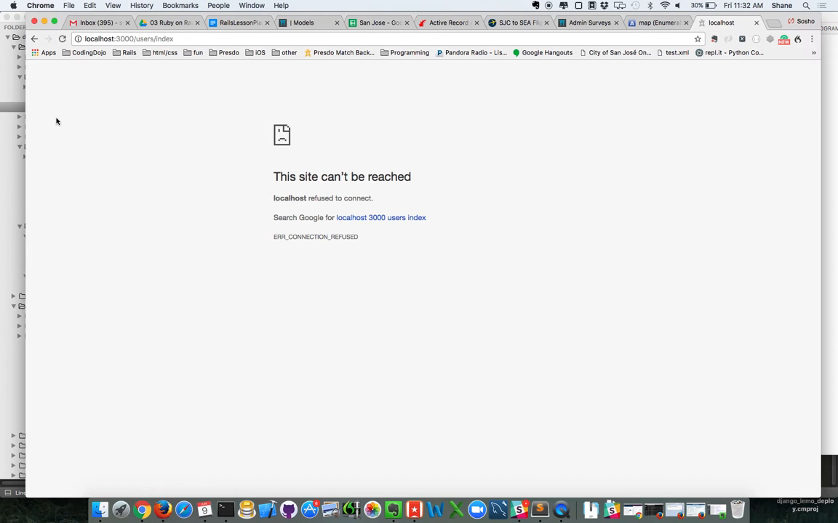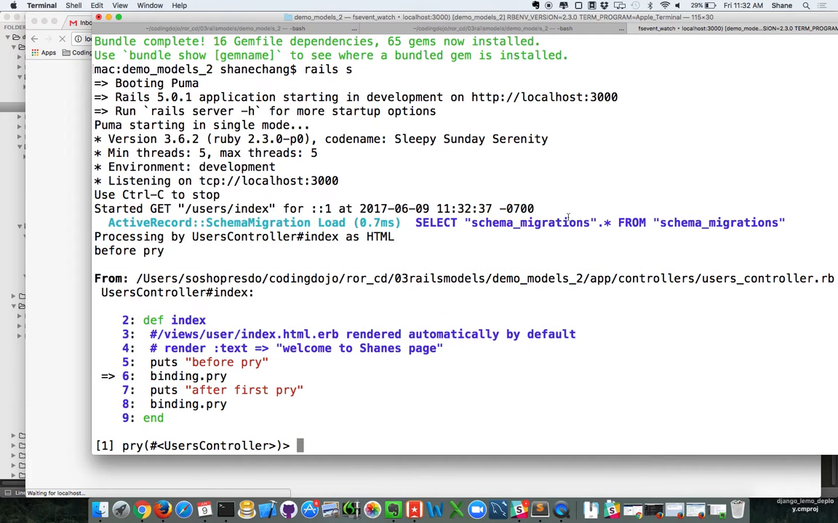Okay, and then if I reload this page, you'll see that it's spinning and it's stuck spinning. What that means is it has hit the binding.pry, meaning it's hit the breakpoint, so it's stopped in the code. If I go to here, I'll see exactly where it stopped. I've already put "before pry" right here. It's already printed the statement,